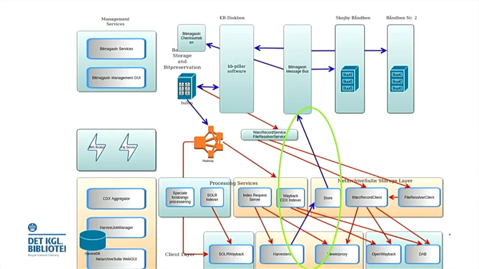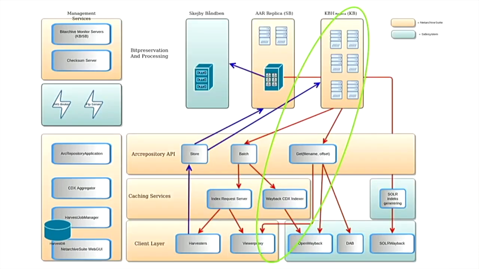So the next thing we had to think about was the access level that we had. This thing that fetched things out by WARC records. Bit repository is completely neutral. It doesn't understand WARC files. You can't ask it to give me a WARC record from this WARC file at this offset. Bit repository doesn't know about WARC files. So we had to design